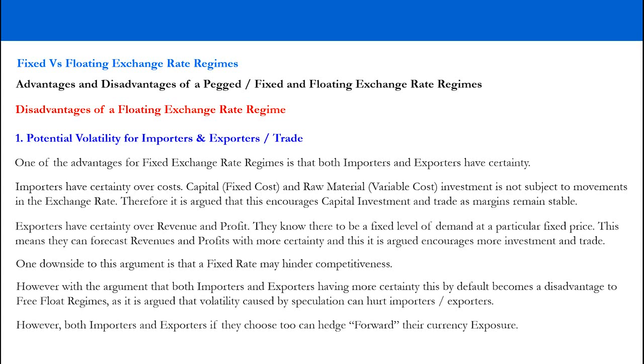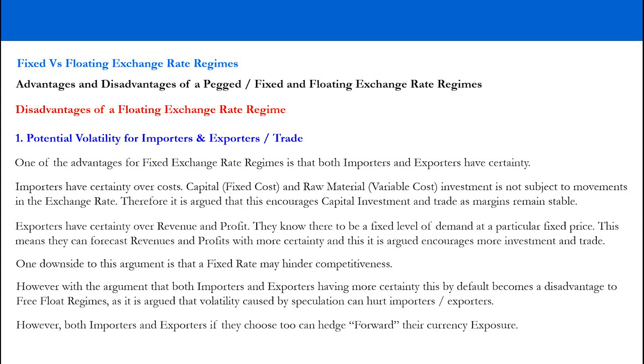However, this argument that importers and exporters get more certainty by default becomes a disadvantage to free float regimes, because it's argued that the volatility in exchange rates causes speculation. What you've also got to remember is that if there is volatility in exports and imports,